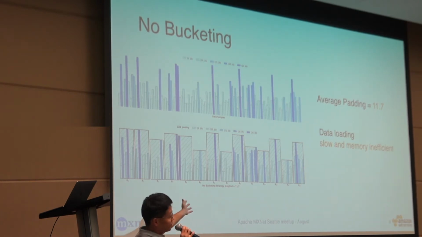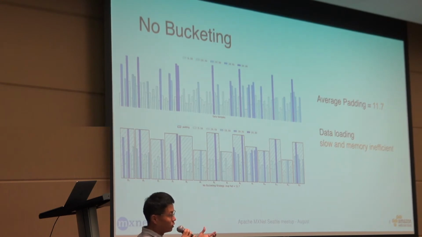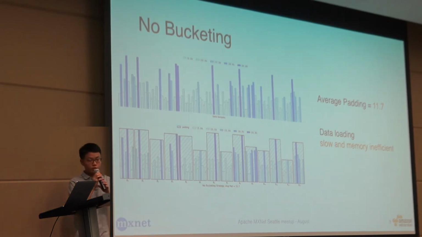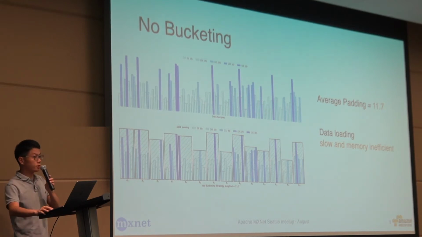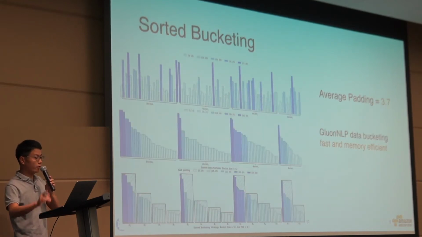So an average padding of 11 will make your data loading very slow and very memory inefficient. What we can do is, there are many strategies in GluonNLP, but I will cover